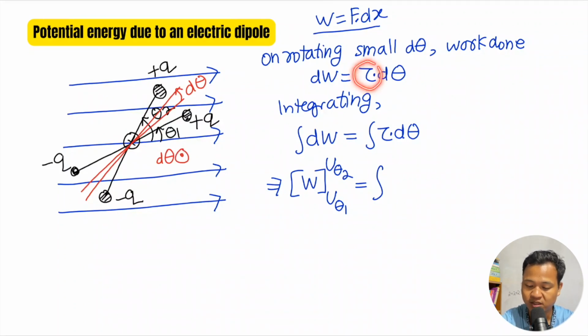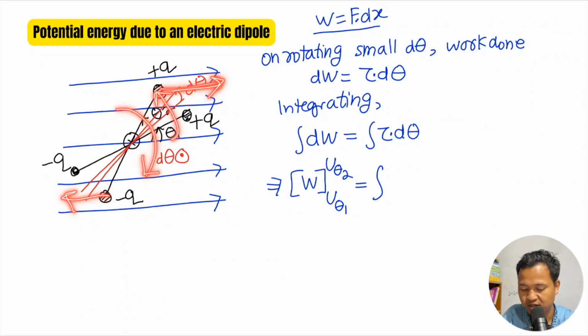The torque does work by a conservative force. So here there is external work done; we are pushing this side, but the electrostatic work done is in the opposite direction, being conservative. So work is done against the force. The force is like this and like this. That means due to this electric field or this charge, it is trying to rotate clockwise, but we are rotating in the opposite direction. So this is the rotation due to the electrostatic force, and we do work against it. So now the torque due to